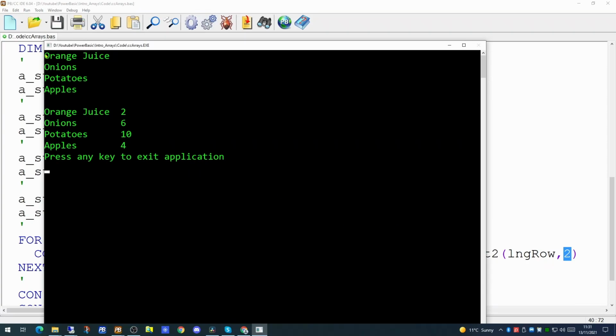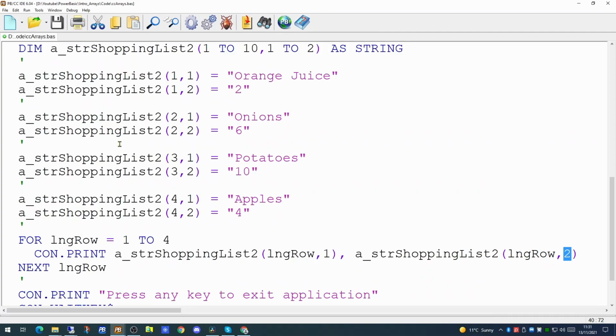we would see we're printing out our original shopping list and our second shopping list. The second shopping list has both the name of the item and the quantity. So this is a very brief introduction to what we can do with string arrays. The approach to take with numeric arrays is exactly the same. Rather than dimensioning the array as string, you would dimension it as a long, as a double, as a currency, or one of the other numeric types. And the information you're putting in would purely be numbers.